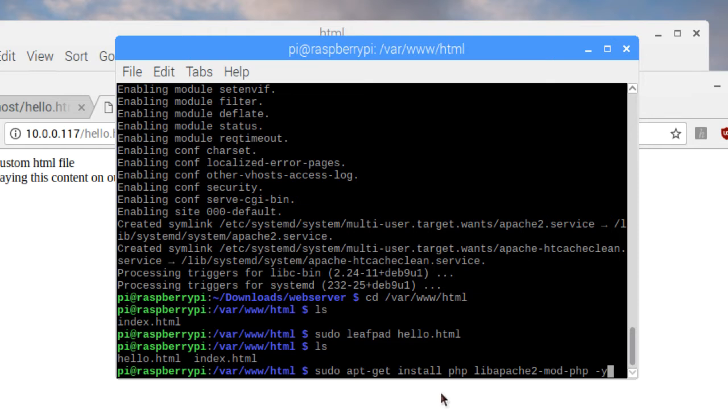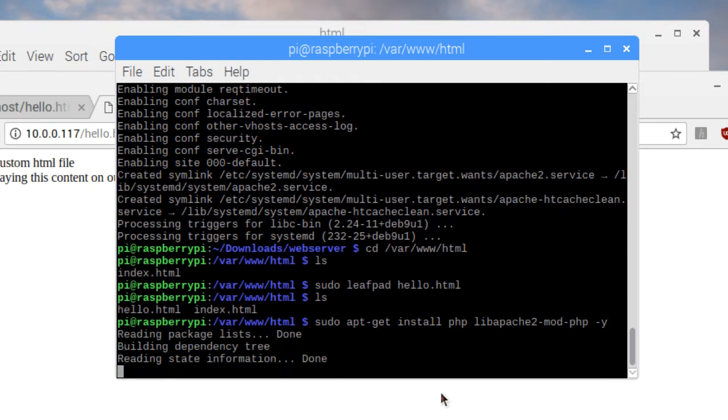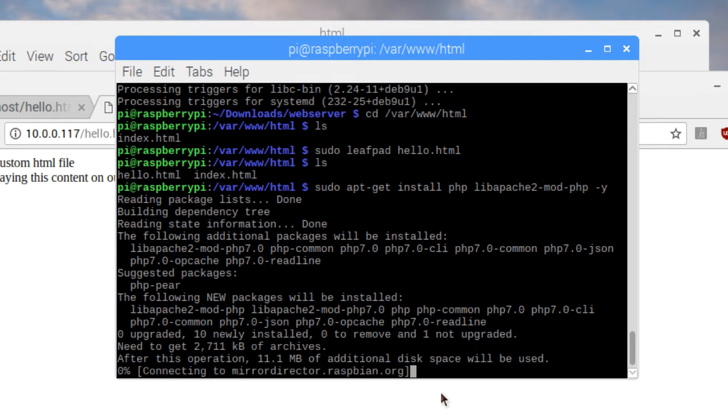What this command is going to do is, again, we're using the apt packaging system. It's going to go ahead and get the latest version of PHP that is compatible with Apache 2 for the version of Raspberry Pi that we have, and it's going to pull down all the relevant dependencies and libraries and install PHP for us. So I'm just going to hit enter here, and the process is going to run for a bit,